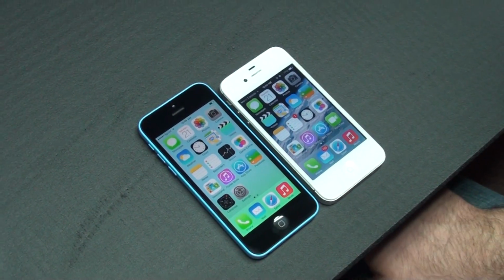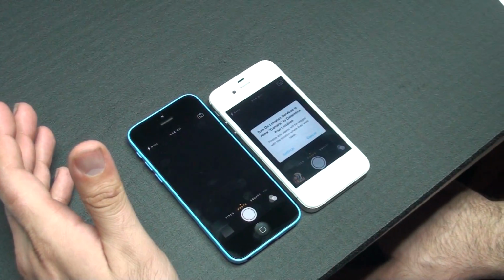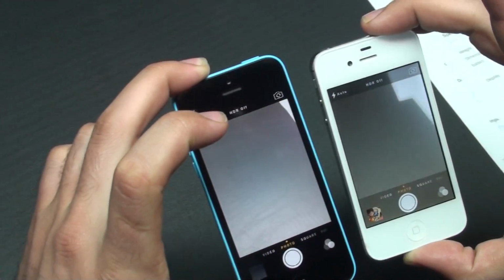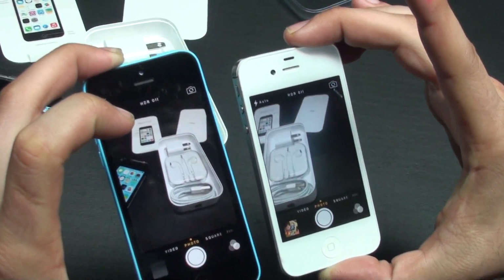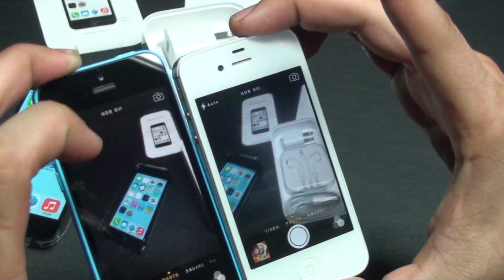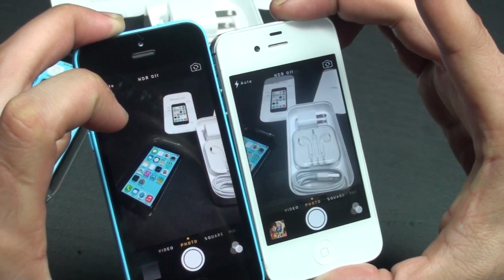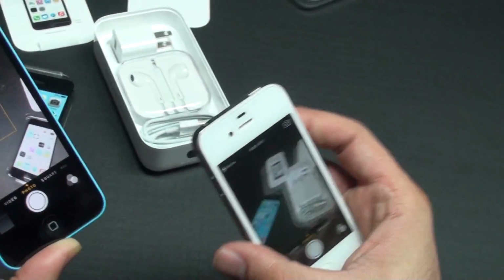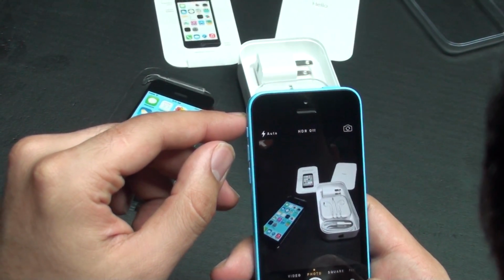Now, a huge upgrade from the 4S to the 5C is the camera. Right off the bat, you can tell that with iOS 7, the camera has changed. But as you can see, the colors are a lot deeper when it comes to the actual 5C. Your whites are getting actual true color, and you can tell that the 4S's camera is kind of bland, and the 5C really brings out the color. It's almost better than real life when you're taking a picture with the 5C. You can do a comparison. We can take a picture of the actual box and the contents of the 5C that I had done a video on earlier. Check that in my recent videos,